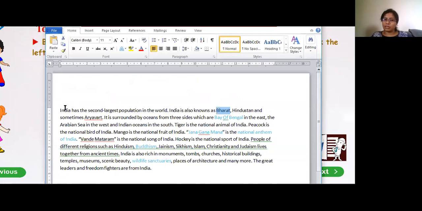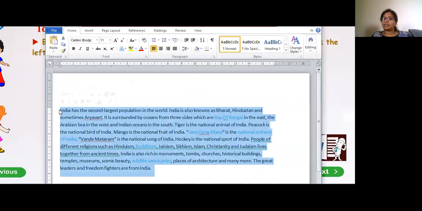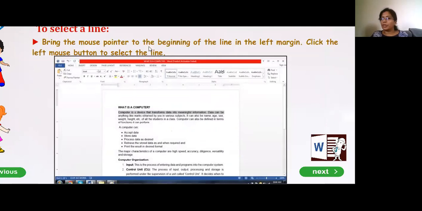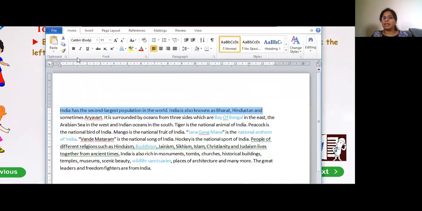It is asking me to come to the left corner first and click over there. Normally my mouse pointer looks like an I-beam, but when I come to the first line, it becomes an arrow. When I click, my full line is selected.